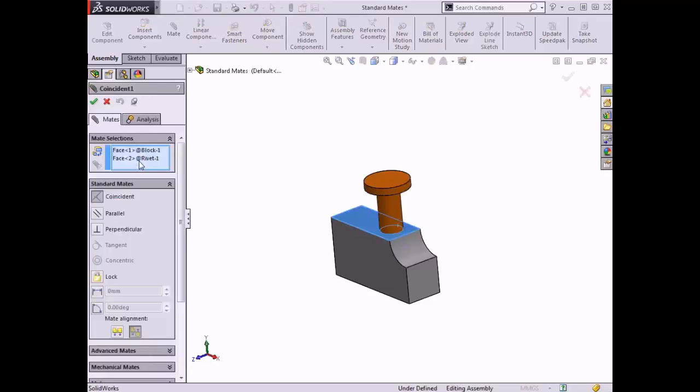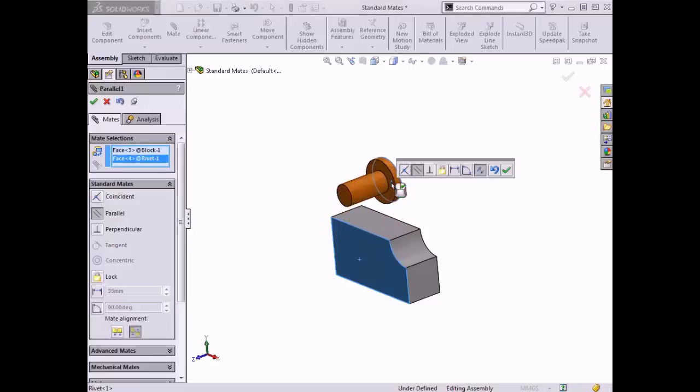I'll clear the selections from the Mate Selections box by right-clicking and selecting Clear Selections, and I'll move on to the Parallel Mate type. A parallel mate forces two selected entities to always remain parallel, such as faces, axes, or edges. I'll click the Parallel option in the Property Manager, and I'll choose the front face of the block and the top face of the rivet as the mate selections. The rivet rotates so that the faces become parallel. I'll click the green check,